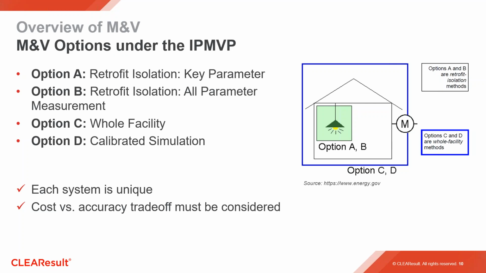Uncertainty analysis is also an integral part of MMV, and MMV reports must be as accurate as possible based on the incentive value. Where accuracy has to be compromised for cost, it is important that the CMVP applies additional conservatism in the analysis.